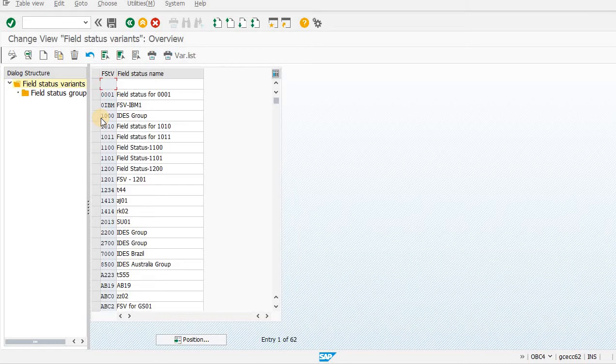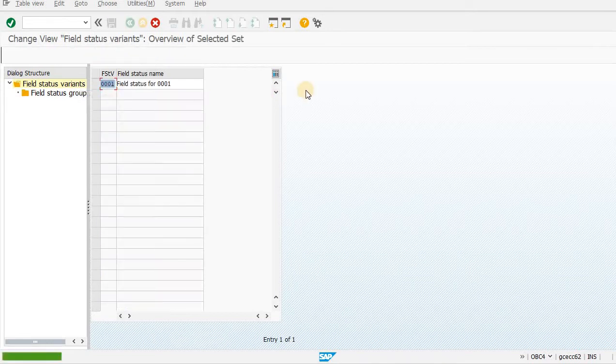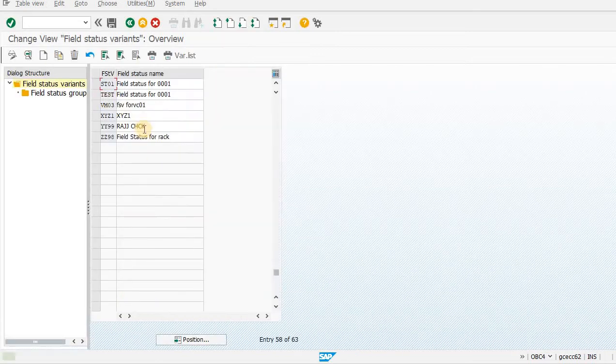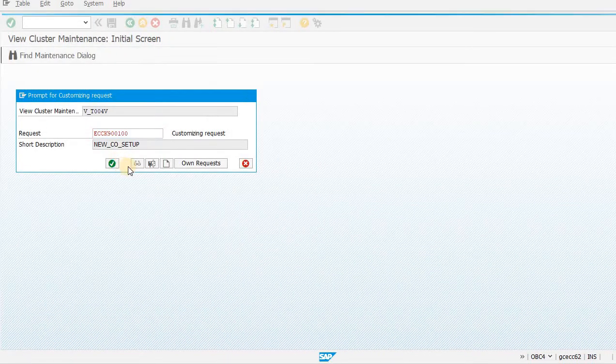There are many more fields which can be mandatory or suppressed. So let's copy from 0001 and input SC01 and enter. It asks copy all, create, just click on copy all, then OK, then save, transport.